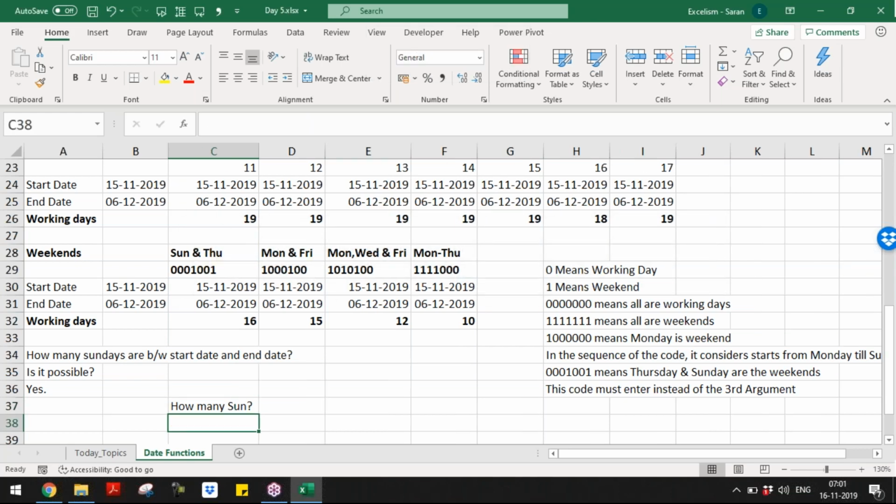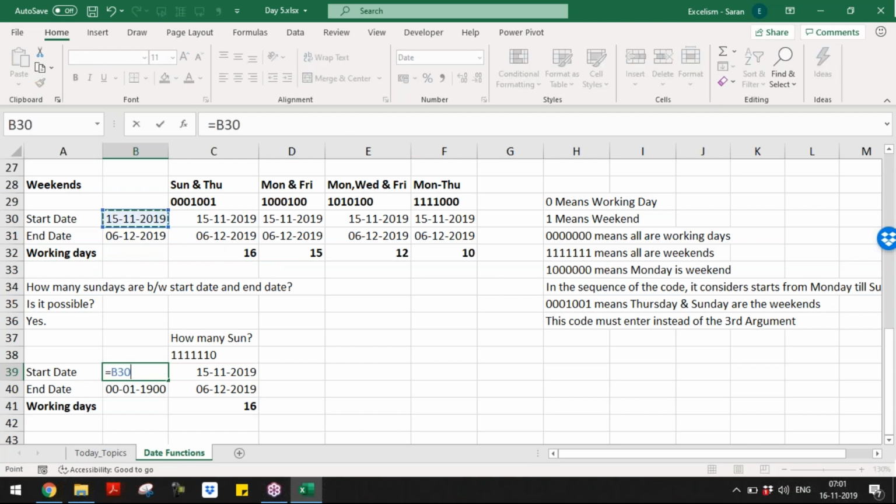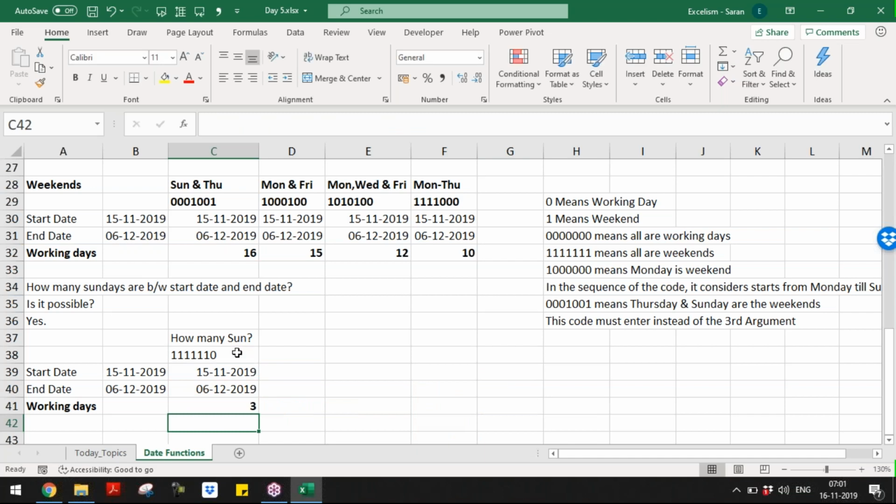Simple. I'm going to put all our weekends except Sunday, which is a working day. Now, if that is the case, you know what I'm going to do? Simple. I'll just put this and equal to, instead of this, I can select this. Okay, 3 Sundays are there.